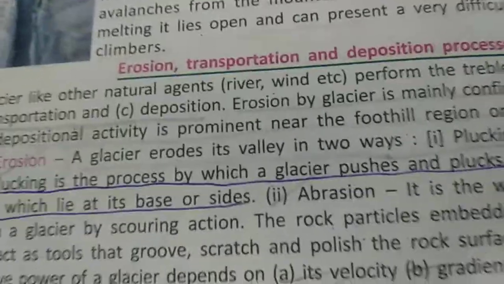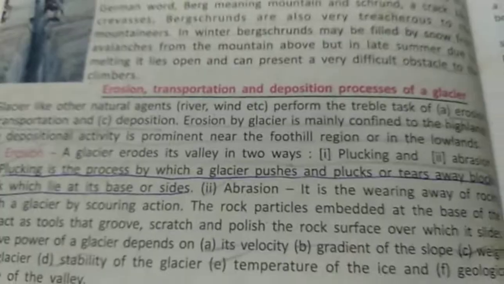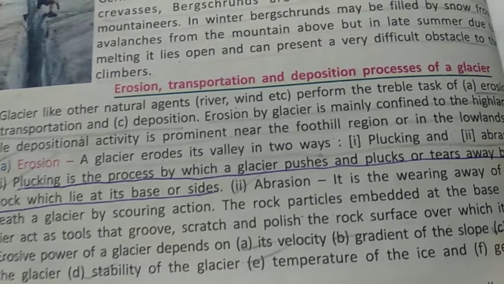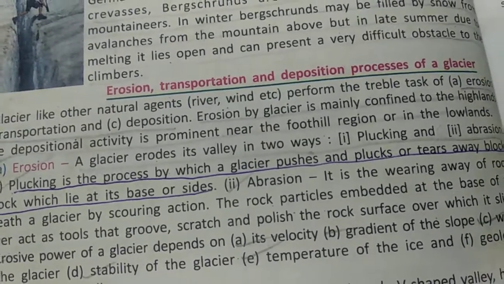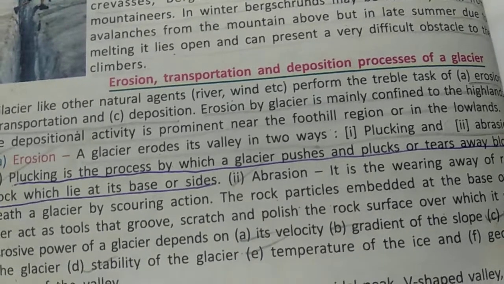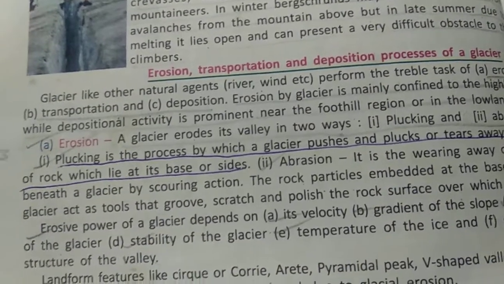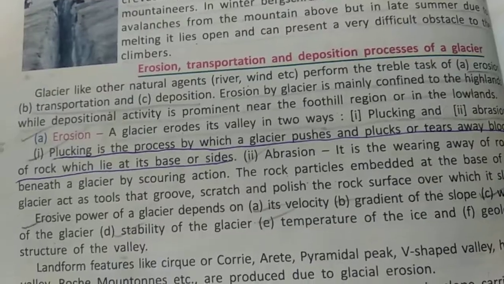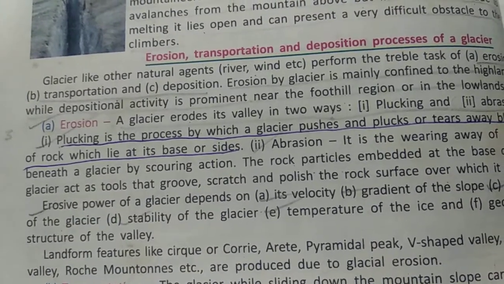Good morning, class 10. Today our topic is the erosion, transportation and deposition processes of a glacier. Like a river, here also these things occur. A glacier, like other natural agents, performs the tasks of erosion, transportation and deposition. Erosion by a glacier is mainly confined to the highland areas, with depositional activity predominant near the foothill regions of the lowlands. A glacier erodes in valleys in two ways: plucking and